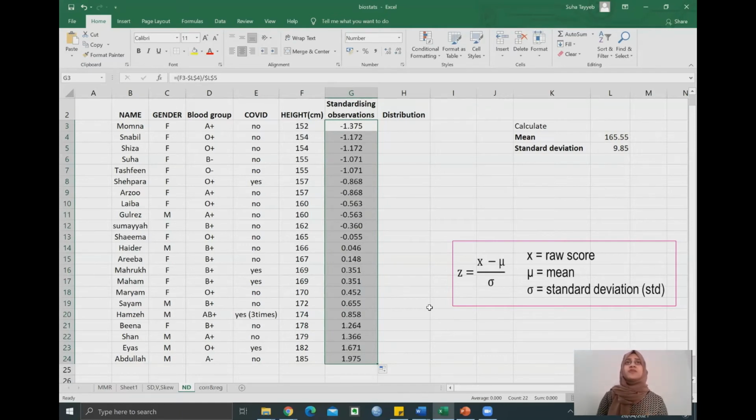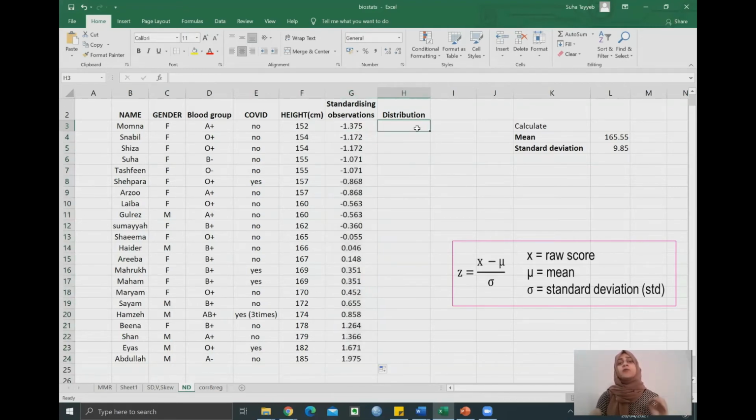Now, if you notice, my values are in 3 decimal places, and it's because I had adjusted my mean and my standard deviation. If I were not to adjust my values, then my Z values would have been in a bigger decimal place, like maybe 7, 8 decimal places. Right. Now, once I'm done standardizing my values, I'm going to find out how they would be distributed on a normal distribution curve.